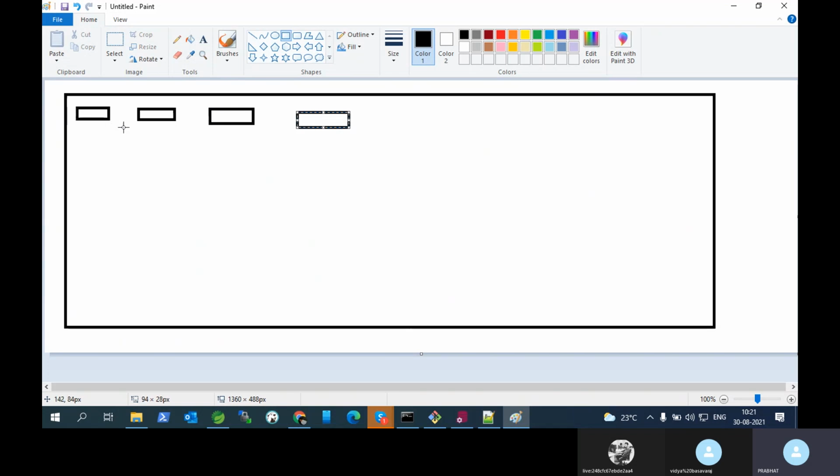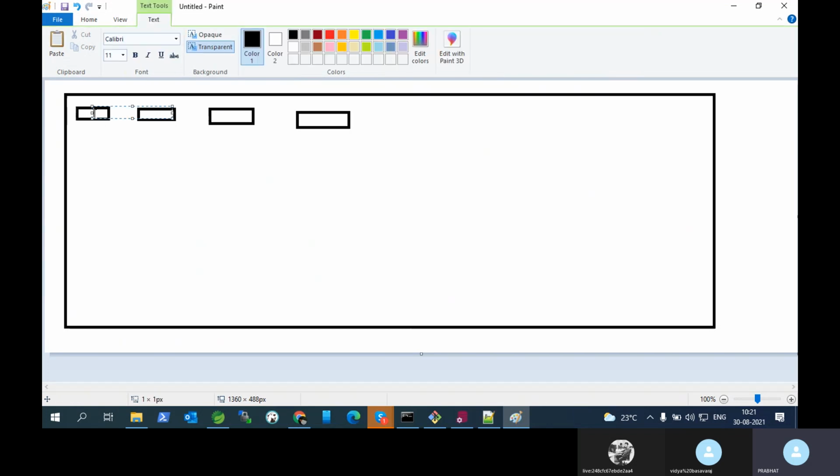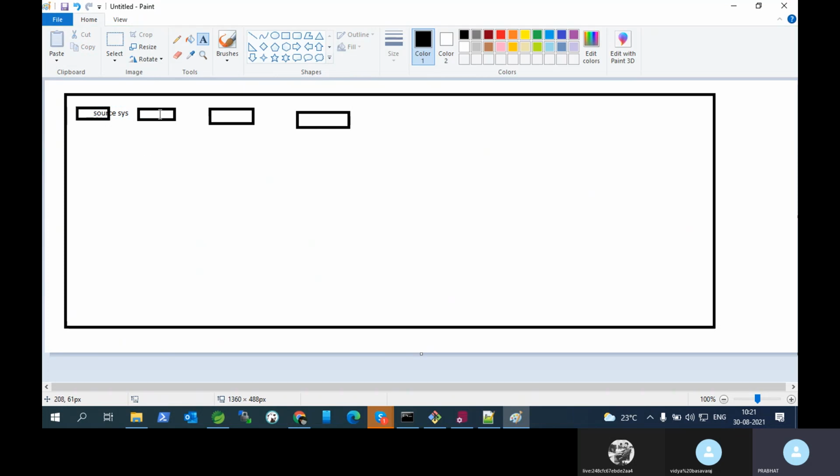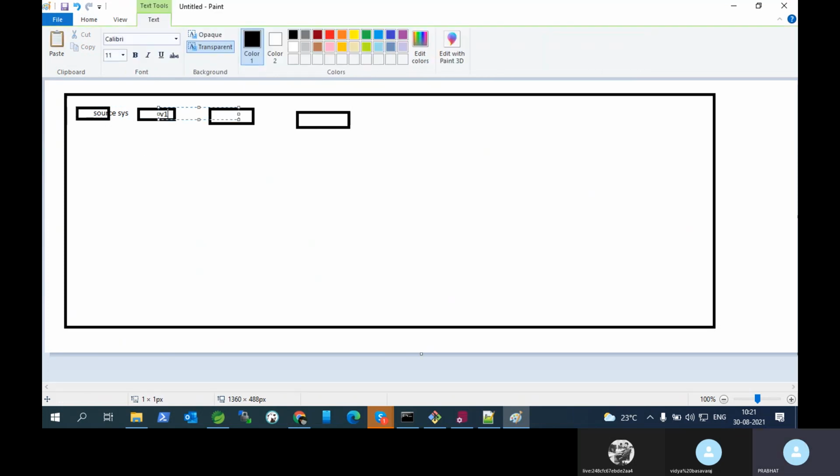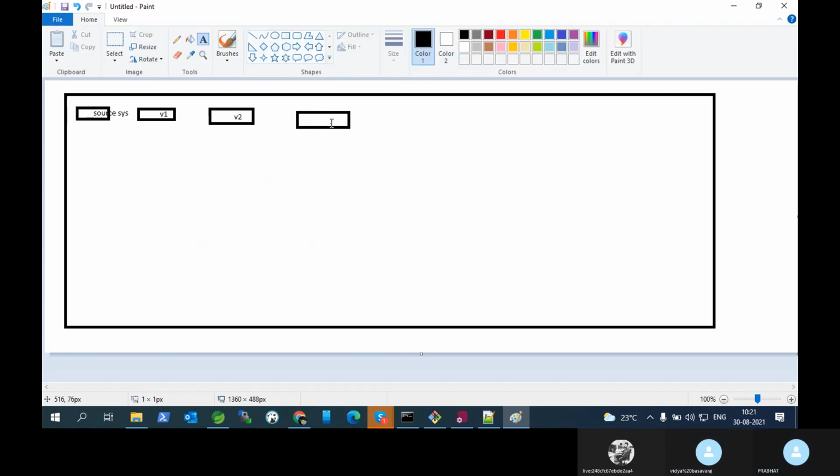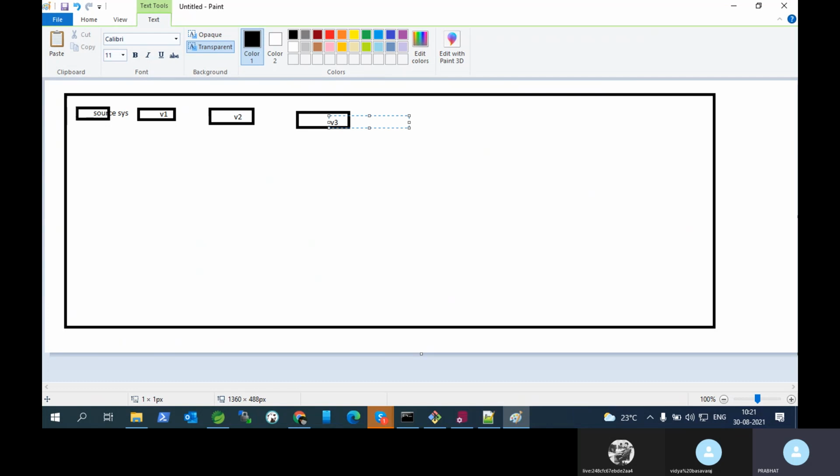So suppose this is our four systems. You can think like this is the source system, and these are the validation systems.